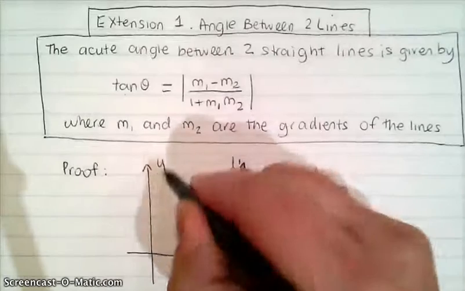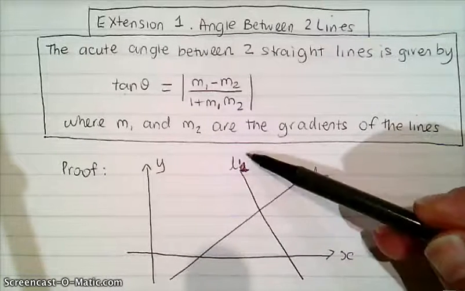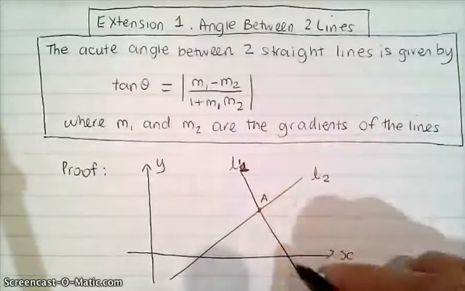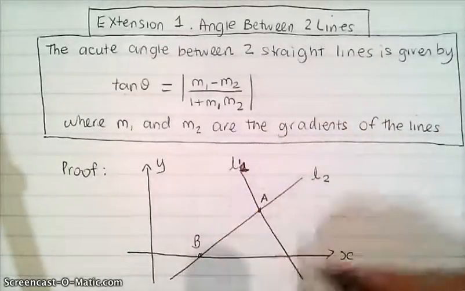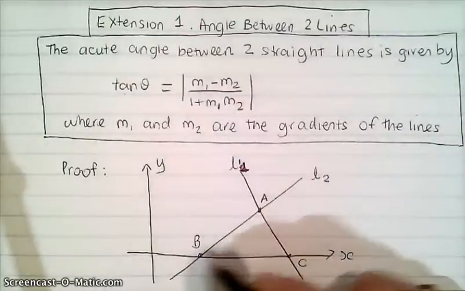Okay, now I've got my y-axis here, my x-axis there. I've got line 2 there and line 1 there. Now, I'm going to call this up here point A. This one down here is point B. And here I've got point C. Now, remembering with